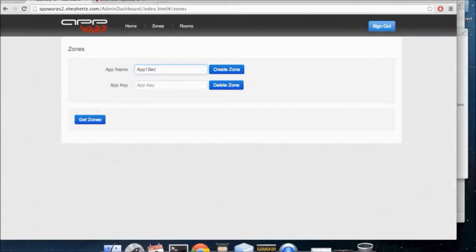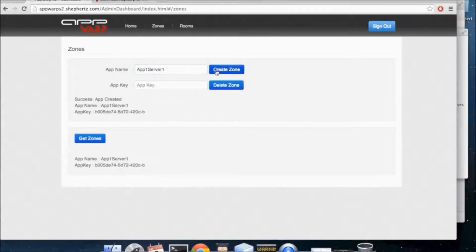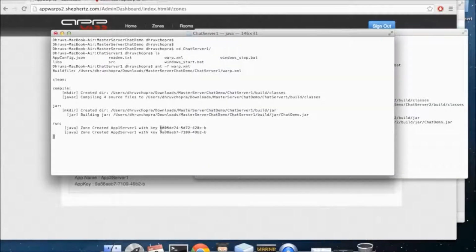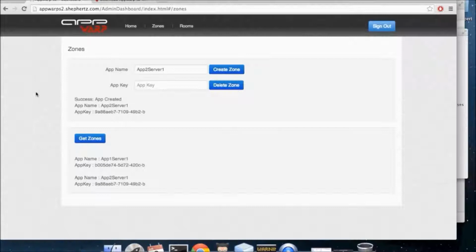So I'm creating one app1 server 1 zone. Alright, and I'll create app2 server 1. So now I have created two zones in my first server.